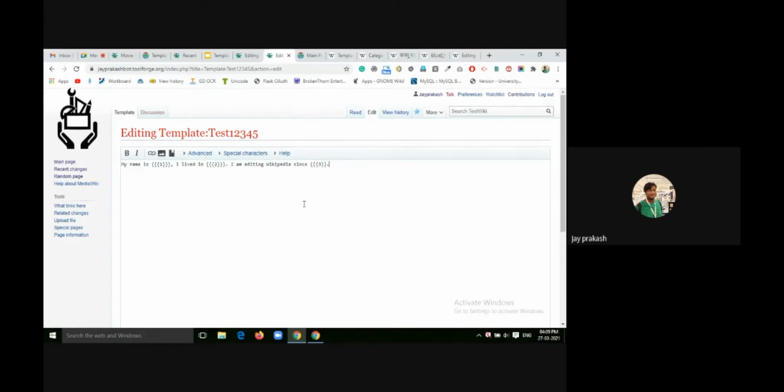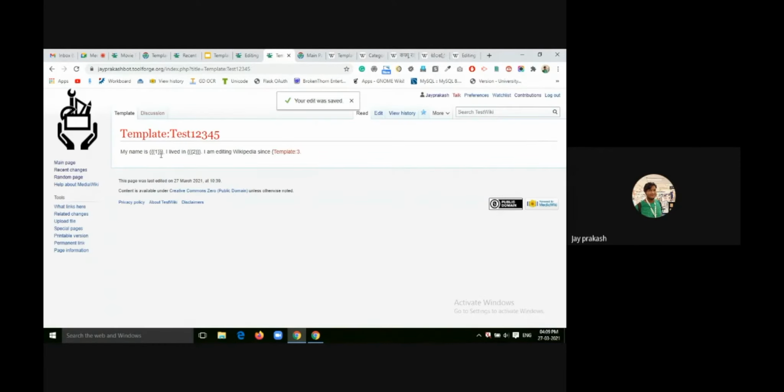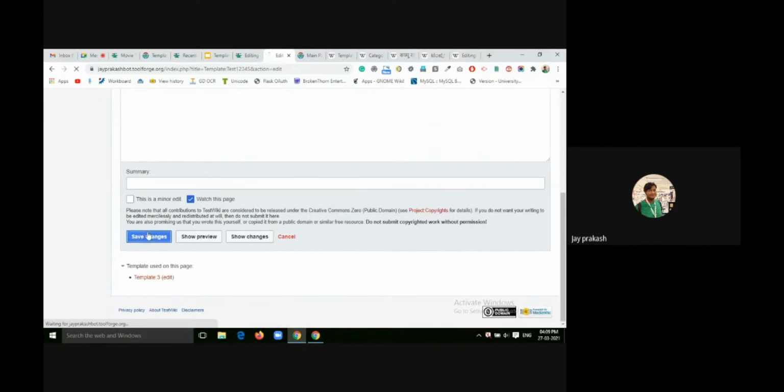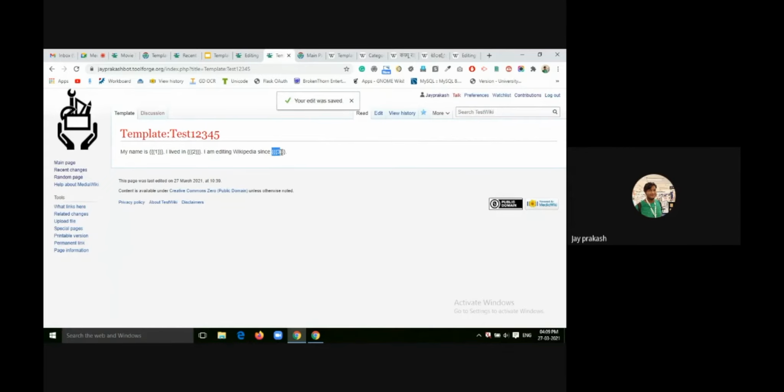And I save this page. So now it is called with placeholders. 1 is a placeholder here and 2 is a placeholder, and I think there is some problem with the third. And 3 is a placeholder here.